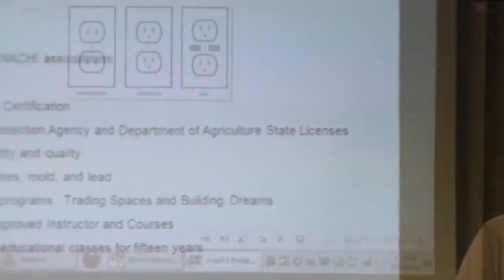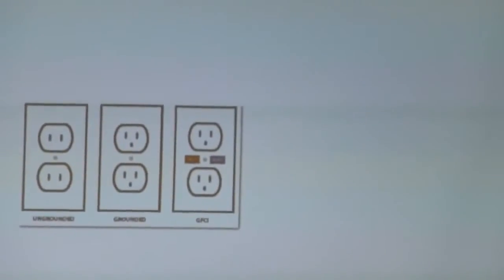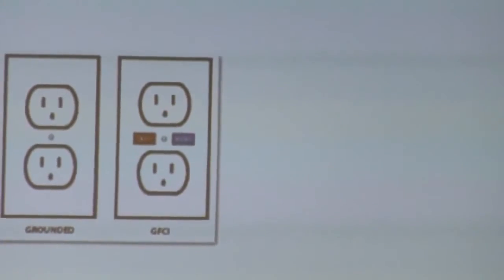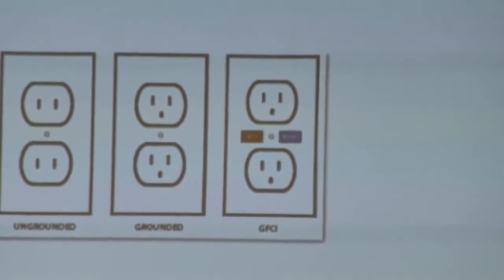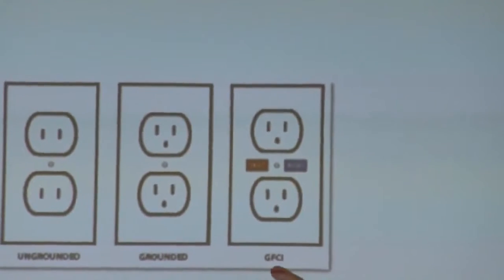The reason is that you could have a two-prong receptacle, a three-prong receptacle, and then GFCI. Everybody know what GFCI stands for? We all know what it stands for. Ground Fault Circuit Interrupter. It's the type of receptacle that trips, for some of you, the hair dryer. Something will trip. Ground fault circuit interrupter. And actually, it's stated a little bit in reverse because it interrupts the power, interrupts the circuit, if there's a